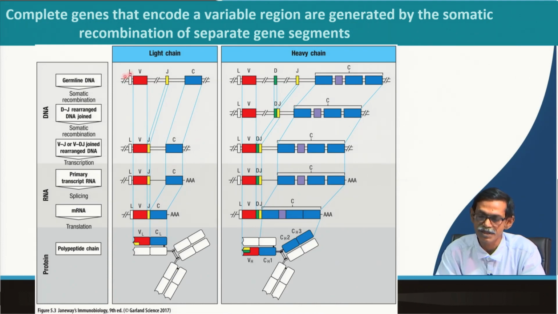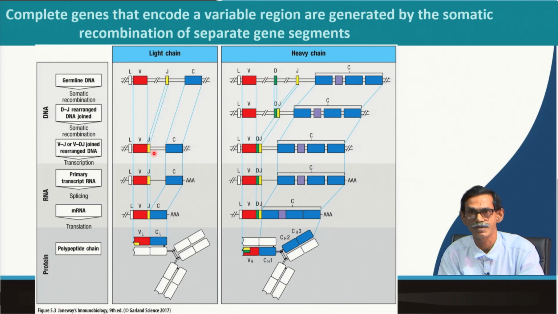So, from this DNA, say for the light chain, recombination happened, now it is DNA and it is rearranged. So, VJ in the light chain and VDJ in the heavy chain are rearranged. Then transcription happens. In transcription, we won't see that J was far away in the genome. So, it is together, then by splicing they become together; this is one mRNA, the precursor RNA with the poly A tail, then splicing happens. So, the variable region and constant region come together, and this gives the protein product like this.